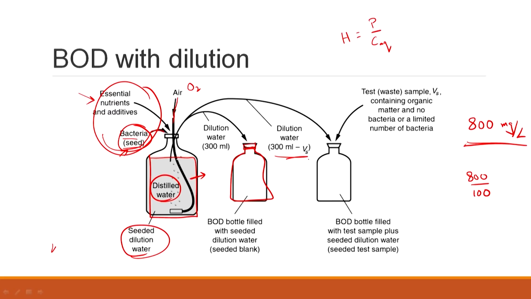So, what do you need to do? You will take 3 ml of the sample, and you will fill it up with 297 ml of your seeded dilution water. So, what are you doing here? You are diluting it by 100 times, 3 by 300, you are diluting it by 100 times. So, that is what we have out here, and you will conduct your BOD test on this particular sample now,